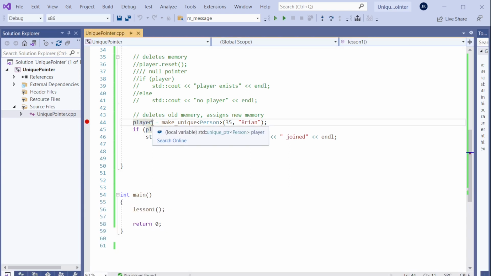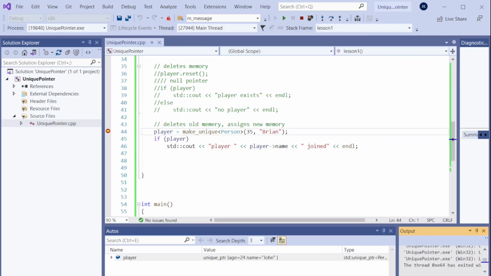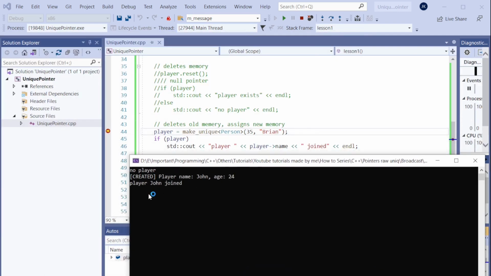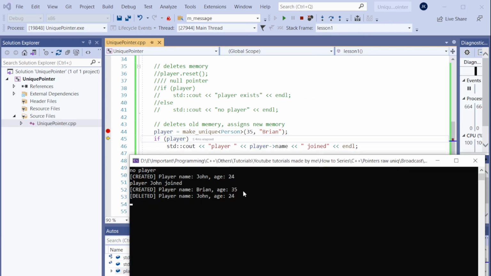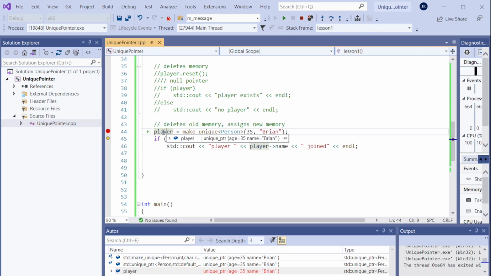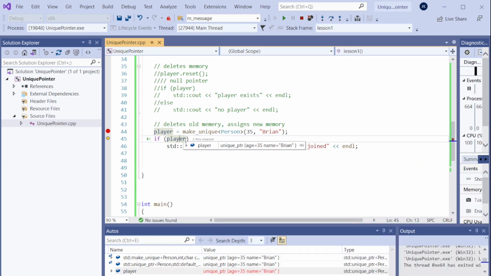And let's see that happening. So I'm going to put a breakpoint on this line. Okay, it goes to that line. Player John joined. And if I go one line further, we can see now that Brian was created, and then John, the old one, was deleted. So now, from the tooltip, we can see that the player is pointing to Brian. So John is gone now. John is destroyed, and then it will print